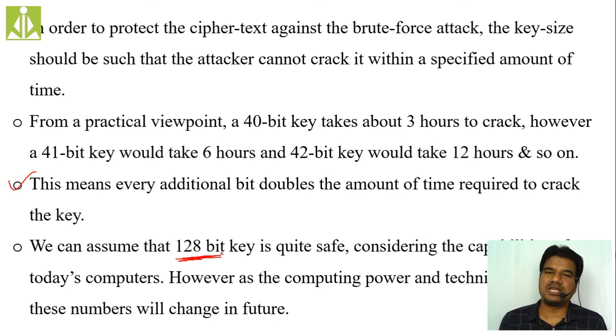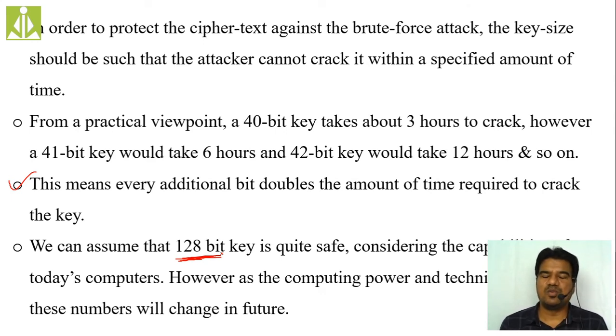Then what will happen? Whatever key size we are taking for today's computational power, maybe it is taking 100 years, but for tomorrow's technology, it may take only minutes to crack that message or to get that key. Maybe in minutes the supercomputers will do. So in future also, we have to do the study and find a suitable solution, either by incrementing the key size or the key range. We have to check for possible options.